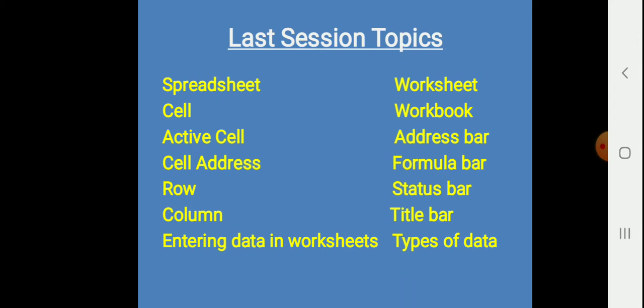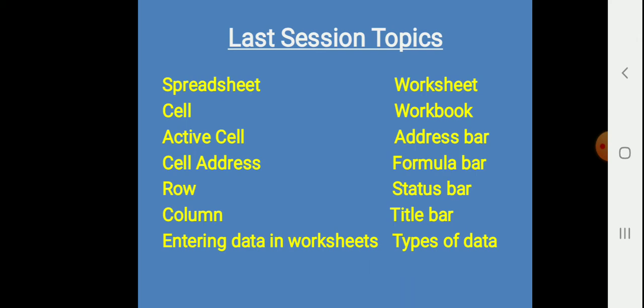And row, what is a row? A row is a horizontal set of cells and a column is a vertical set of cells. And worksheet is nothing but an electronic page where you can enter data in MS Excel. And workbook is nothing but the combination of worksheets. Workbook is actually a file created by MS Excel. You can try to understand it in such a way: it is a file which has many worksheets in it. It is an electronic file.